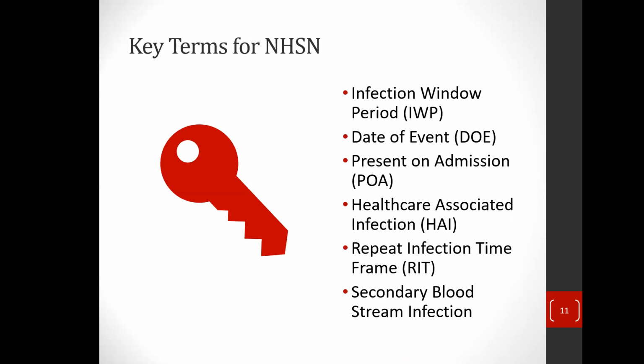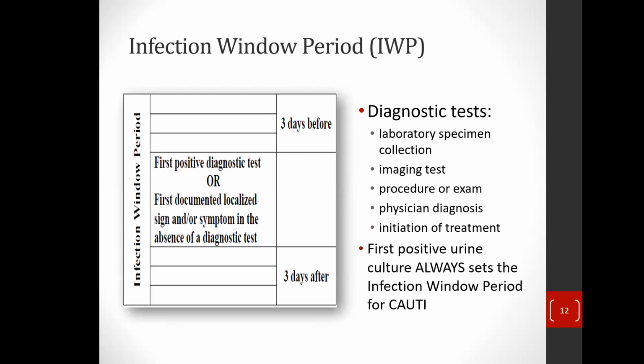Okay, there are some key terms used in NHSN that we need to understand so that when we're using the definitions, we use them correctly. This is the list of them that we're going to go over. The first one is an infection window period. An infection window period was brought about in using surveillance definitions in 2015, and it helps so that you are not looking through pages and pages of a chart